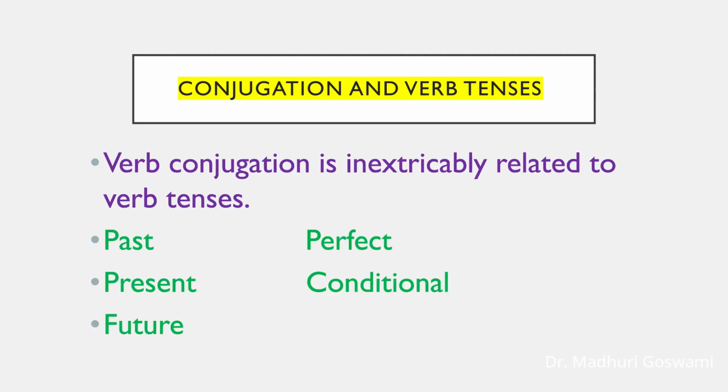Dear students, here I would like to draw your attention towards some other points related to conjugations in English grammar. As you may have noticed in these sentences that we just discussed, conjugation is inextricably tied to the idea of verb tenses. A verb cannot be conjugated without reflecting the tense. Otherwise, we would not know when the action of the verb takes place. This is the tense and the conjugation of the verb according to the tense that tells us about the time of the action.